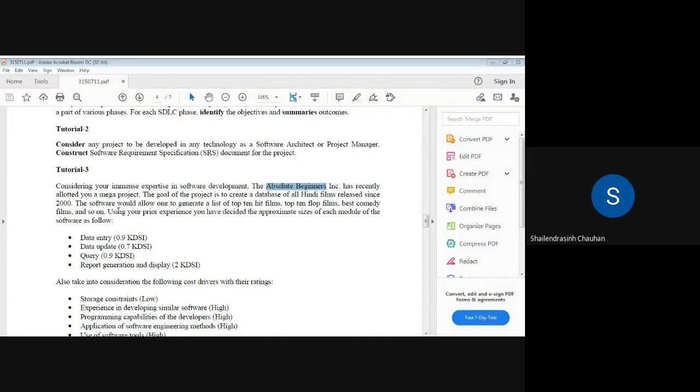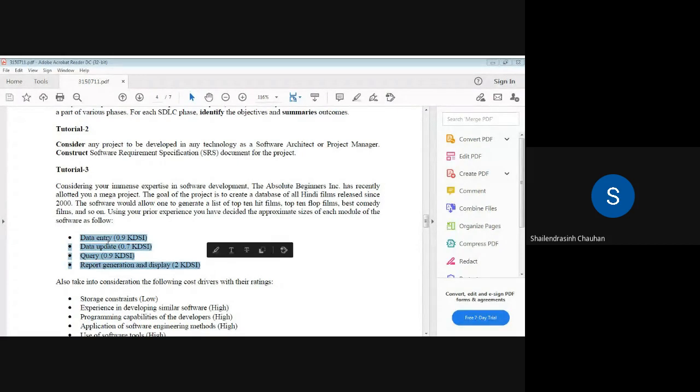And using your prior experience, you have decided the approximate size of each module of the software as follows. So these are as per your experience. You are having experience, and based on your experiments, you are deciding these things. These are the estimates.